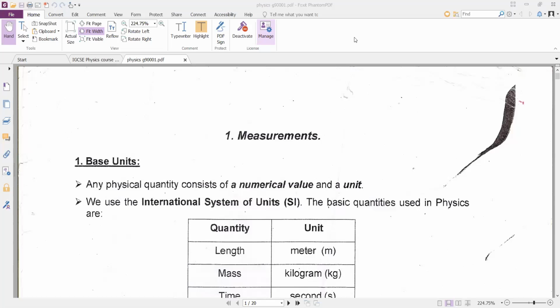Okay, Shabab. Now we know what measurement is. Yes. So we need